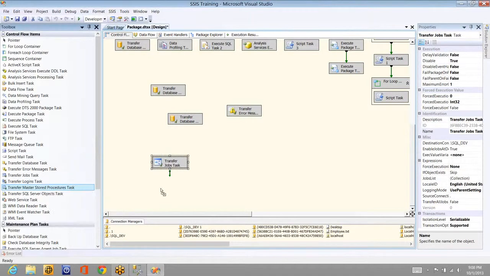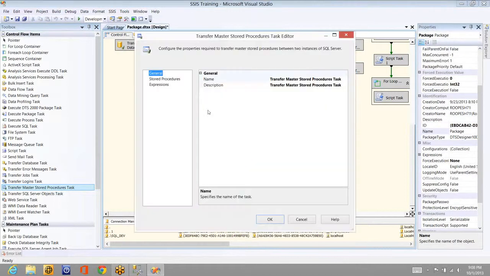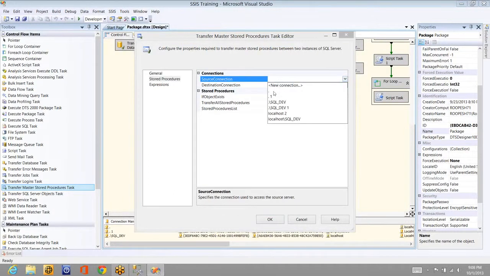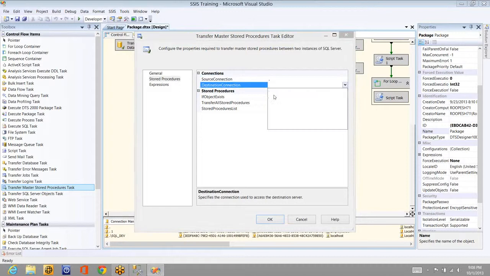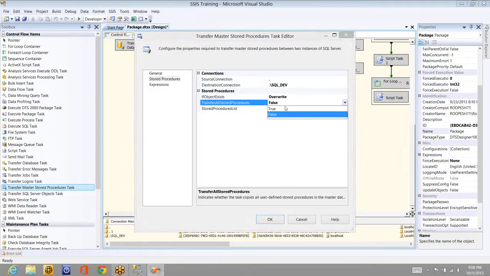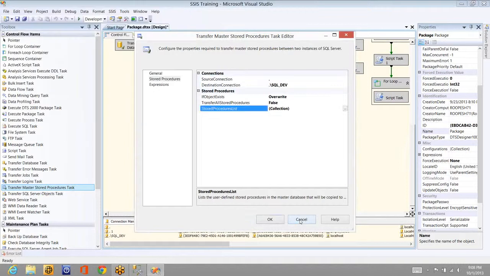And let me move the master stored process first. Master stored process means nothing but the stored procedures that are present in your master database. Let's see whether we have anything in our source. I'm setting the source as the same one again, and destination as the same as the last task. Should I skip or overwrite it? Let me overwrite it this time if there is anything already available there. So I'm going for false. Let me check for correction. There is no stored procedure available in the master database.